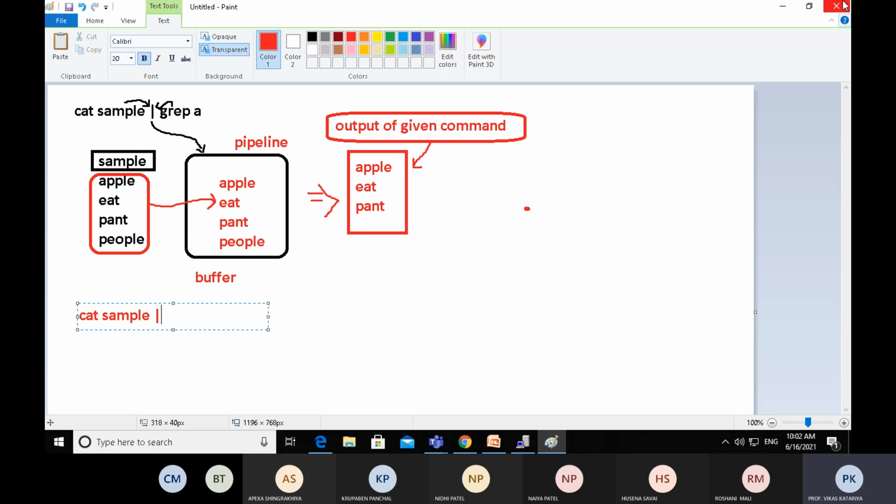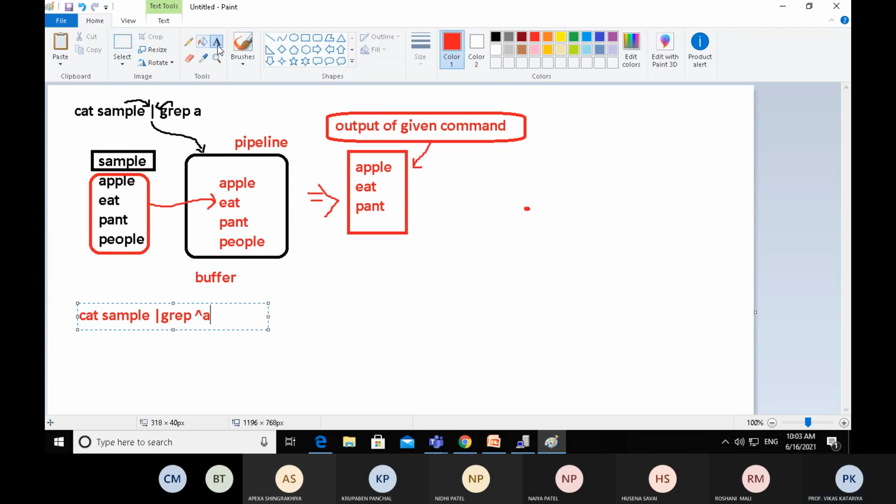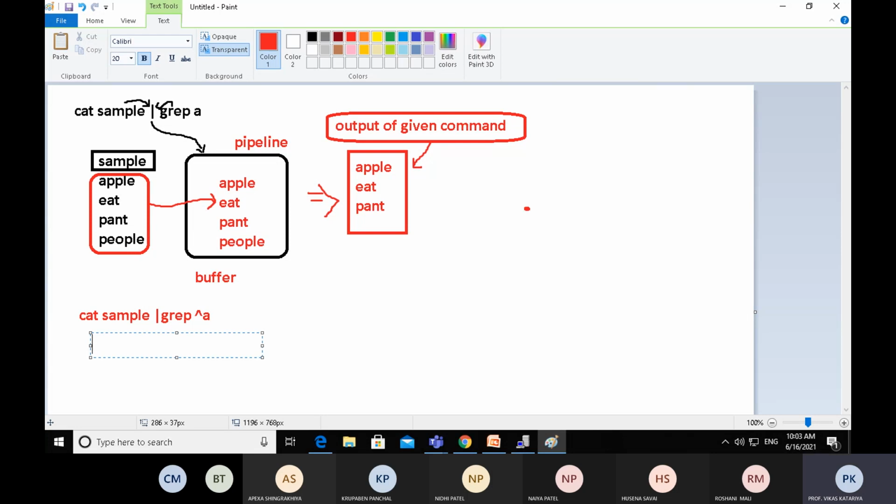The output of the cat command will be stored in the pipeline, that is the buffer, and grep will accept input from the buffer and filter only those strings which start with A. According to our diagram, apple starts with A and the rest do not. Eat starts with E, pant starts with P, people starts with P. There is only a single string which starts with character A. So the output will be only apple.